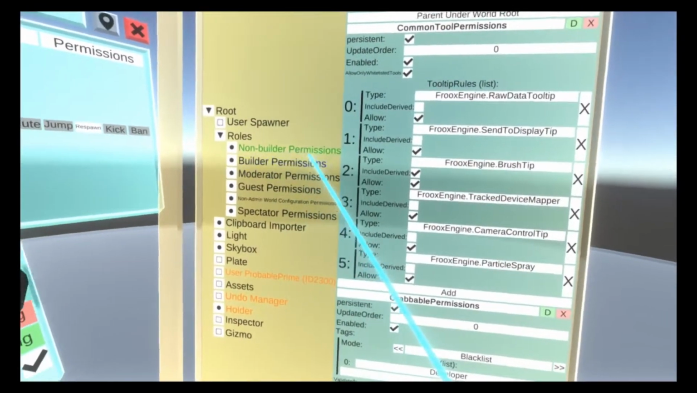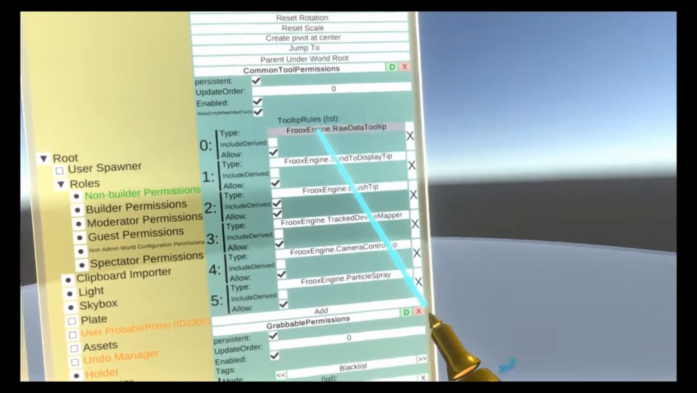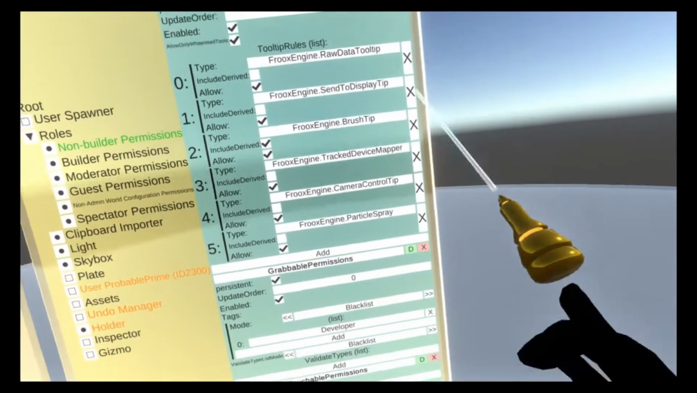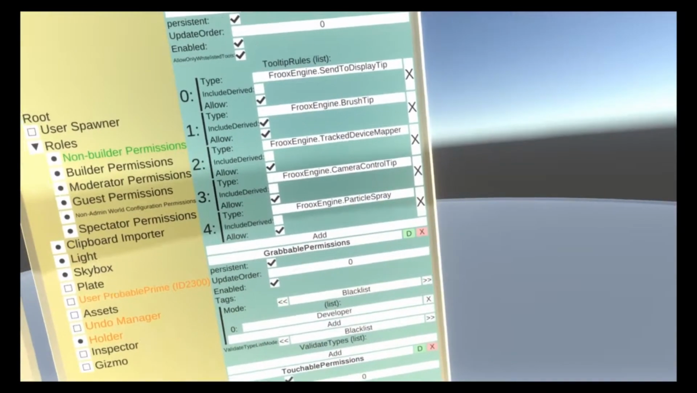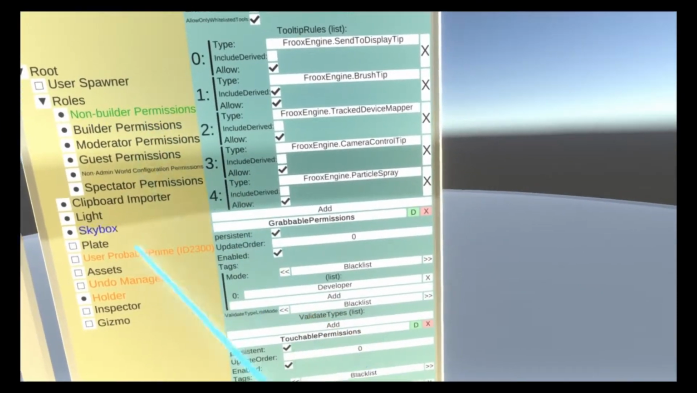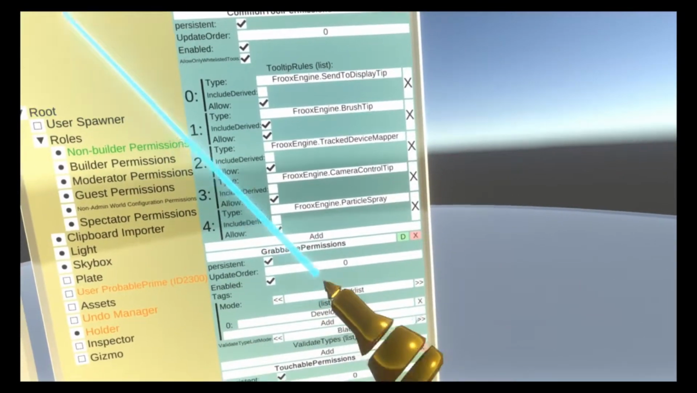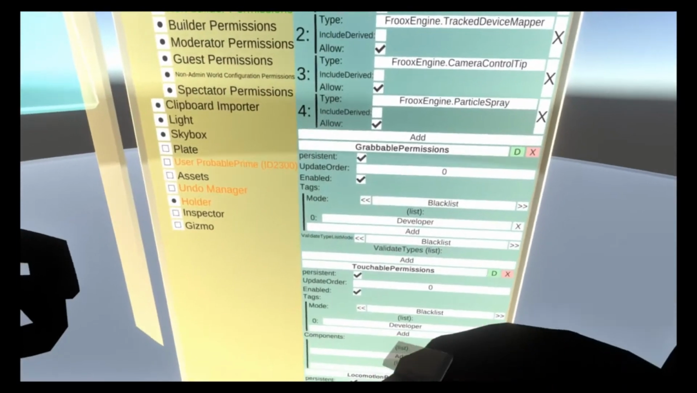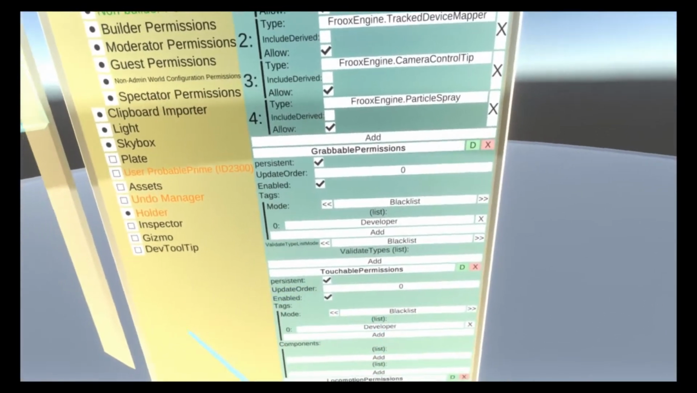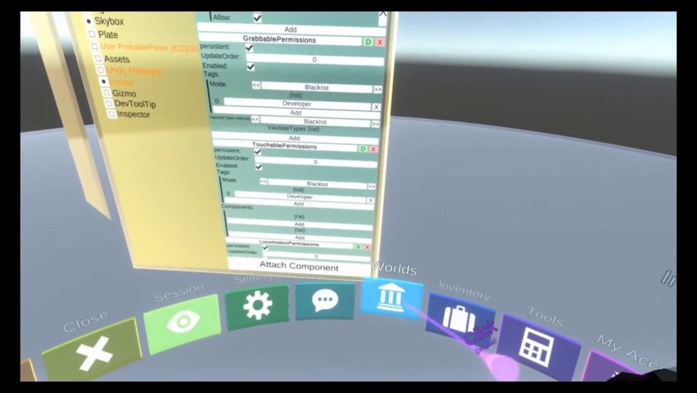So here, if you didn't want non-builders being able to use guns or annoying guns that spam loud sounds, just hit X here and now they can't equip guns. They also won't be able to use them in the wild. So this includes like holding. So most guns, in fact, let's grab a gun. Let's